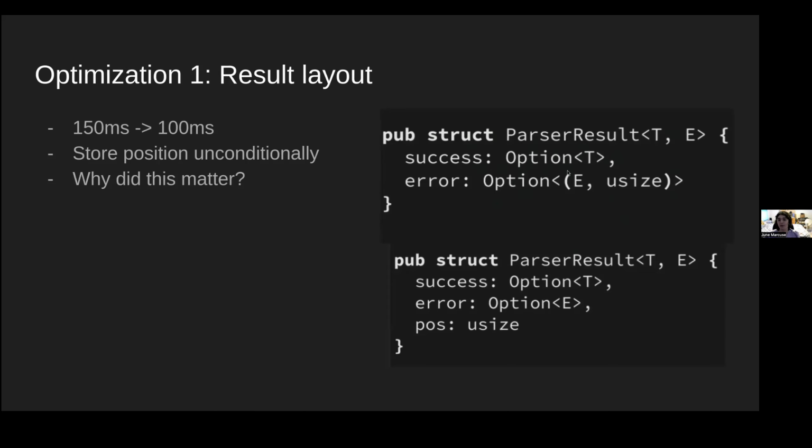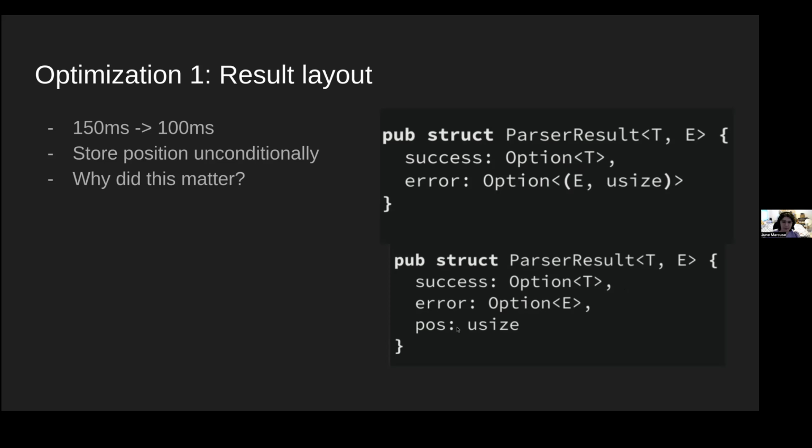Normally, the errors that Rust gives you can only hold one or the other. But there are cases where we have a successful parsing operation and we still want to report that an error happened, and to point out where that error was, we want to store the position of that error. The only change that I made to take this down from 150 to 100 milliseconds, a 1/3 reduction in runtime, is I made the position stored unconditionally.